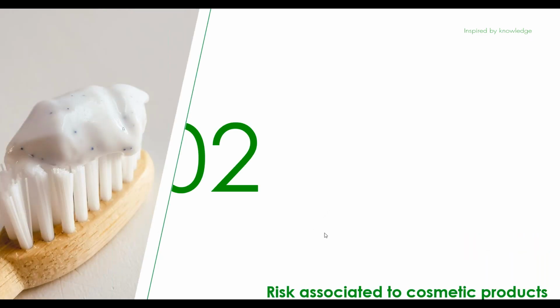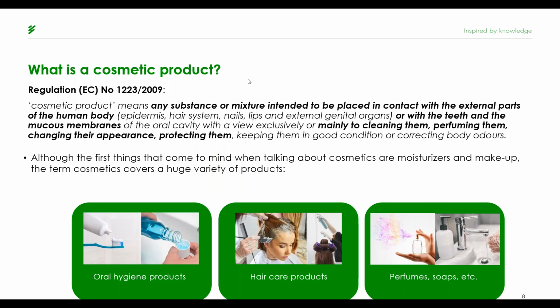After this, we will talk about risk associated to cosmetic products. But first, we need to know what is a cosmetic product. The European regulation number 1223/2009 that we talked about before says that a cosmetic product is any substance or mixture intended to be placed in contact with the external parts of the human body, such as the skin, the teeth, the mucous membranes, etc., with the main purpose of cleaning them, perfuming them, and changing their appearance, also protecting them,